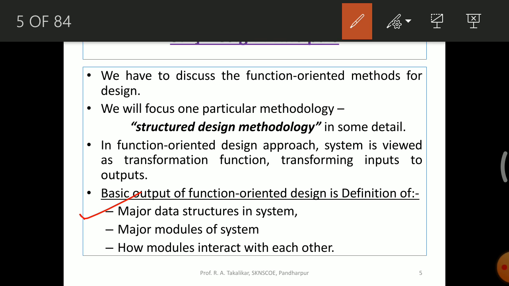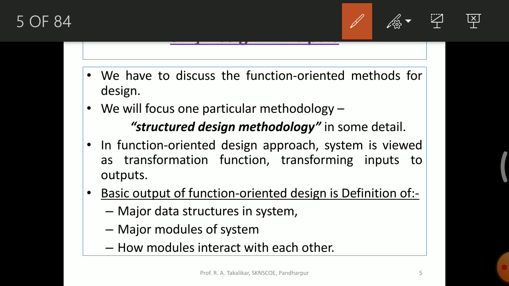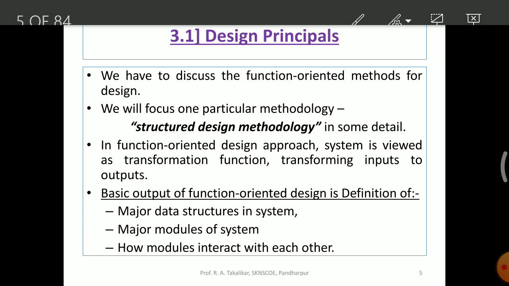That is, major data structures of the system will be defined, major modules of the system will be defined, and how these modules will interact with each other will also be defined once the function oriented design is finished.